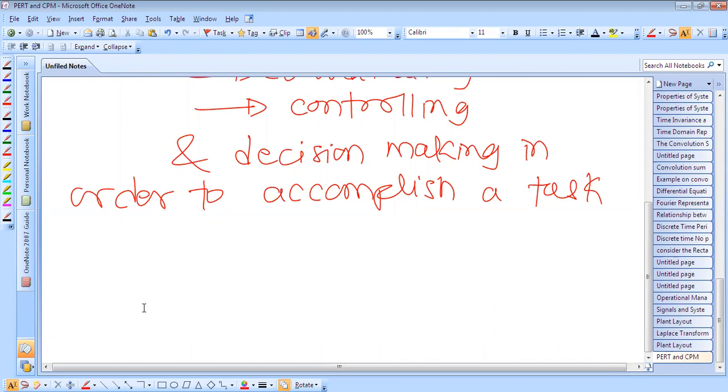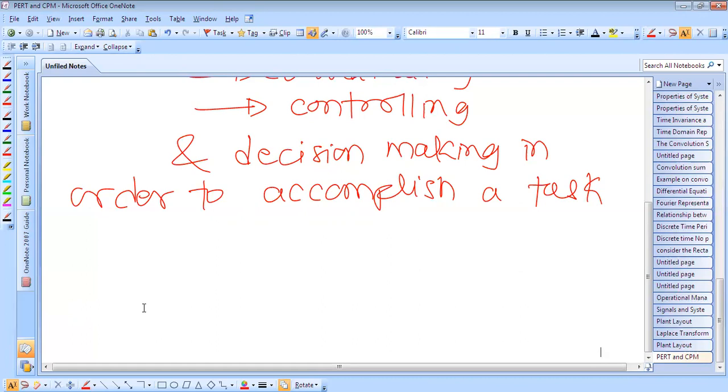The bar chart becomes difficult while dealing with big and complex projects. It also does not point out which task should be given priority, whether tasks can be performed simultaneously or in sequence. That idea is not given by the bar chart, and therefore the effect of changes in schedule cannot be evaluated with its help. So there are some limitations of the bar chart, which is why it is generally not used for network analysis of complex and large projects.